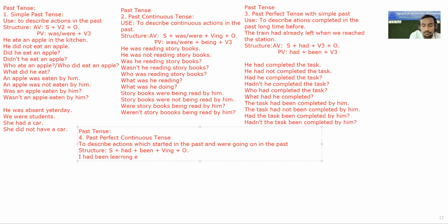learning English. We'll take one example here. Additionally, here also people can use since fifth standard, since 10 years, something like that, people can use here also. Okay, so let's try to make it negative. I had been learning, so it will become I had not been